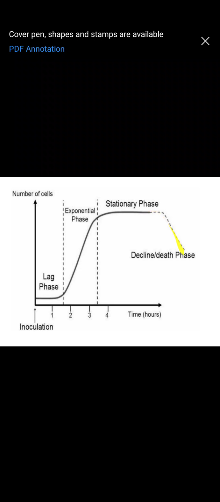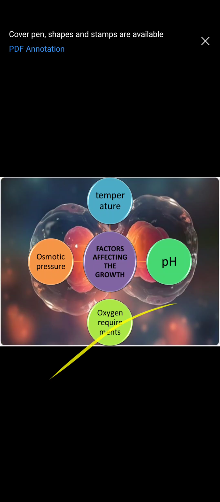And after that the phase of decline or death phase, where the number of organisms dying will be more than the number of cells being alive. After that, the last stage is the phase of survival, where the organisms may not be feeding, may not be active, they may not die also, they may not multiply, but they remain alive. Probably on return of favorable conditions, they would continue their replication. So these are the various stages of the bacterial growth curve.